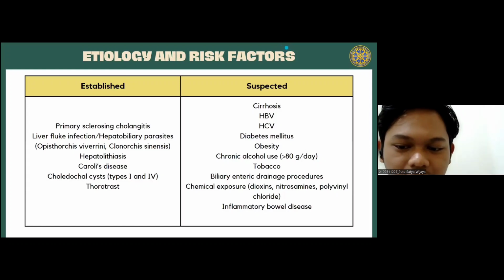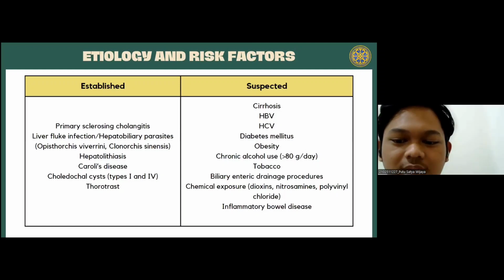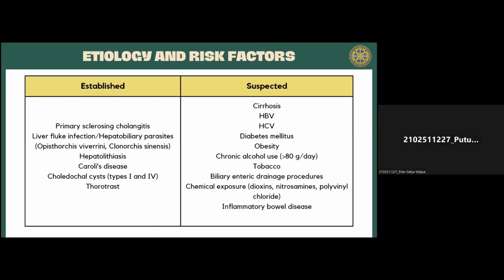Okay, so from all I have said before, I would like to note that the prevalence of CCA is the highest in Asian countries, most likely because of the culture of eating raw fish meals, which can potentially lead to liver fluke infection. Meanwhile, those from the western side of the world develop CCA without any specific risk factors, and thus far, primary sclerosing cholangitis with or without inflammatory bowel disease has been established as one of the most notable associations of CCA in the Western population. That's all from me. Thank you.